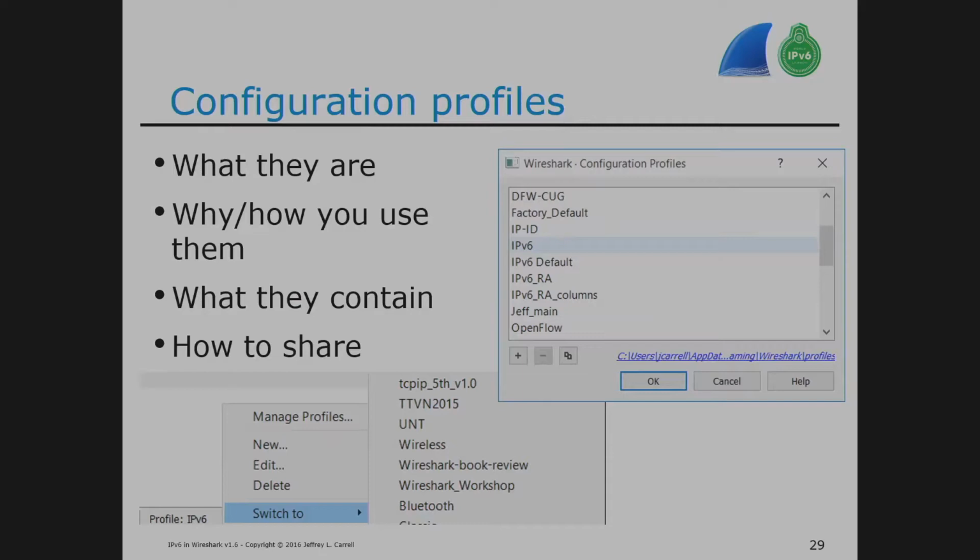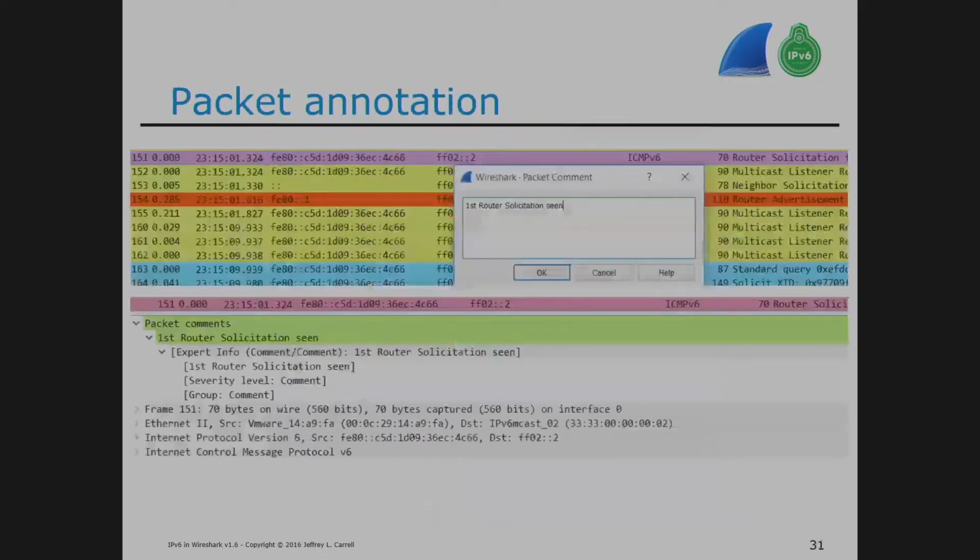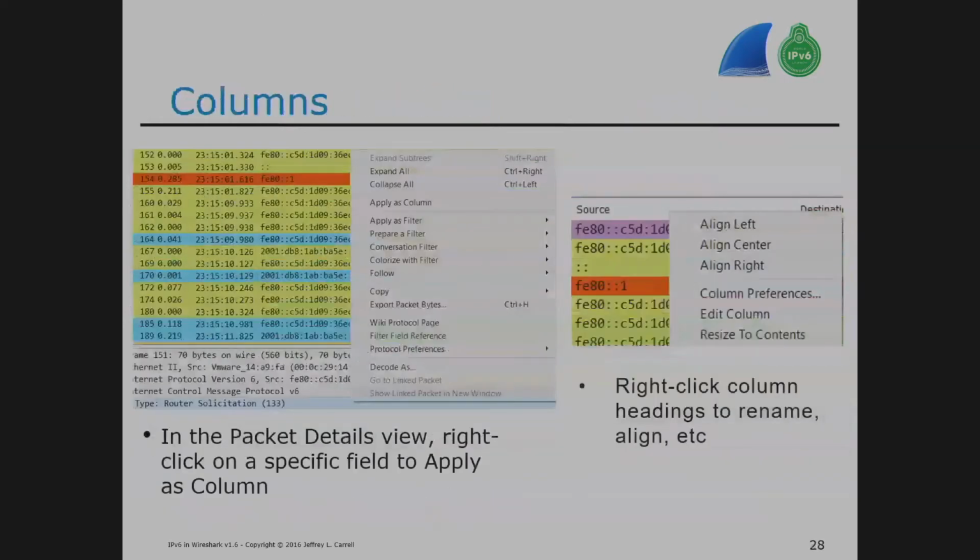I've got different columns that I'll set up, and that's what part of this was back over here. I'll set up different columns. In display filter building and in column building, you can go into the packet deep, wherever you want. Right-click on an area and either set up a filter or set up a column. We're going to do some of that tonight. You don't have to know all this stuff. You don't have to look it up. You got the packets. You got everything you need right there. You can build this stuff very quickly.